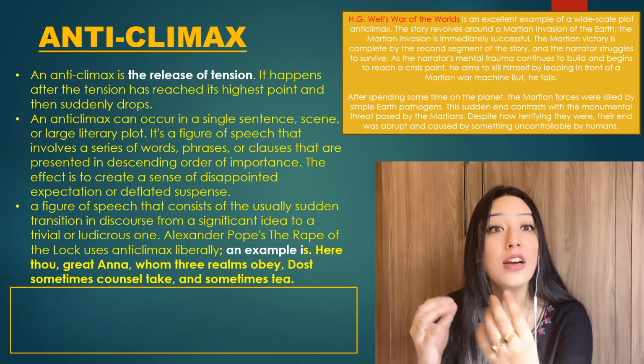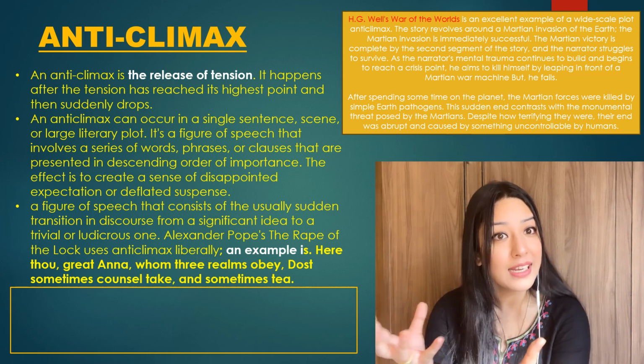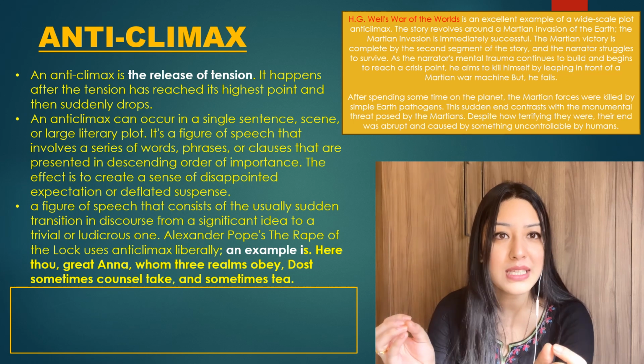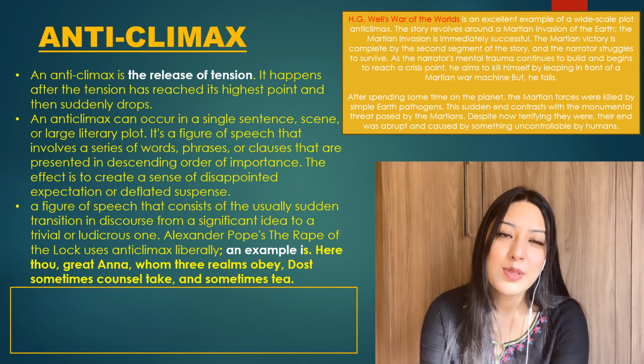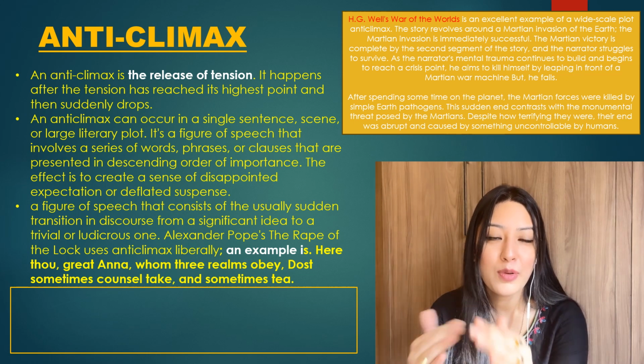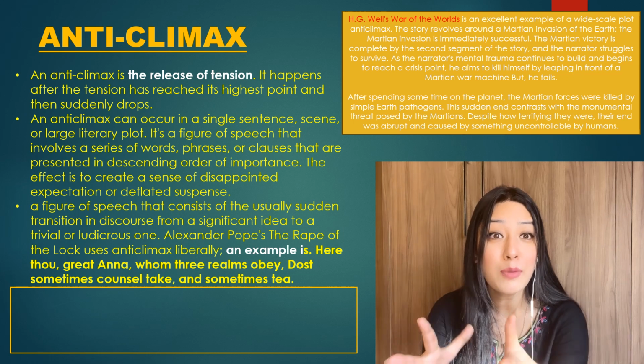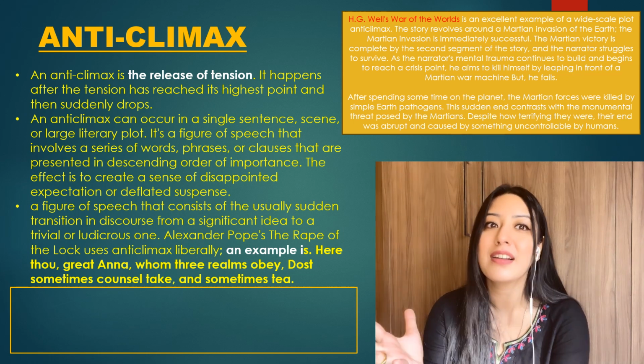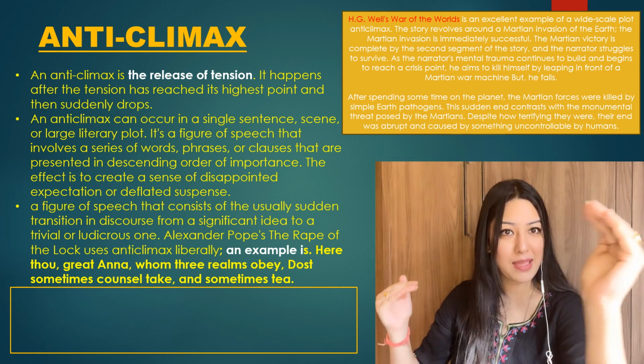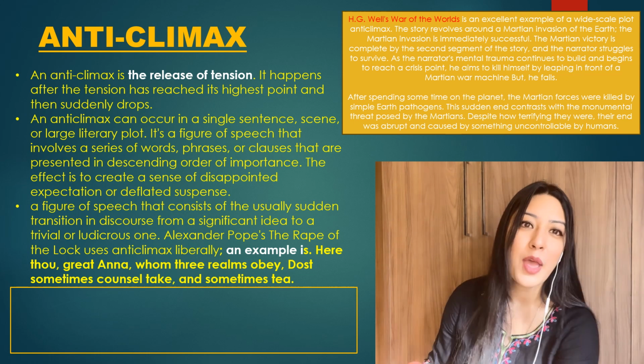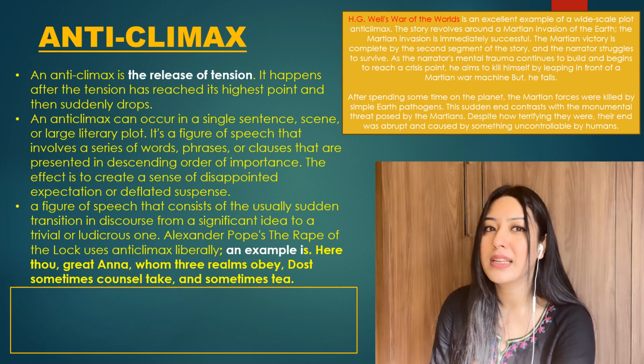They are killed by Earth pathogens, like virus, bacteria, fungus, all of these things. So this is a heavy anticlimax. When you're building up the plot, you expect that the protagonist will save planet Earth, right? That's the actual thing that we expect. But the drop happens towards the end, after the climax is reached, right?